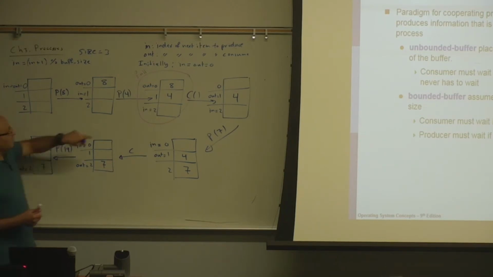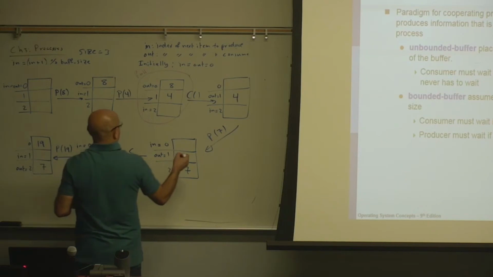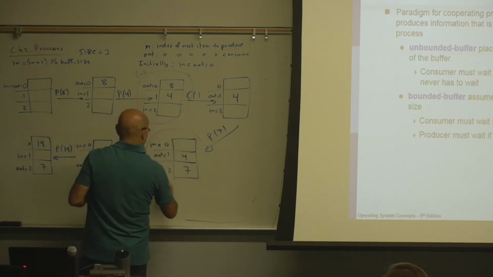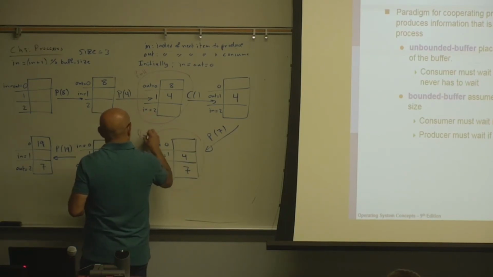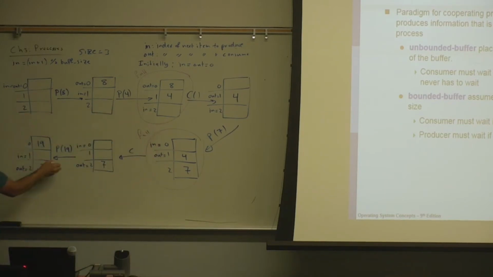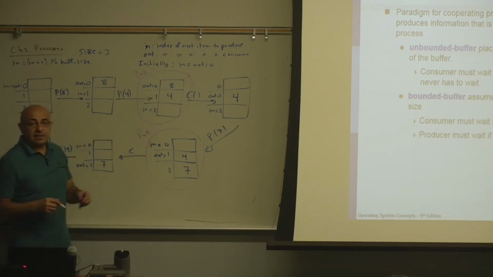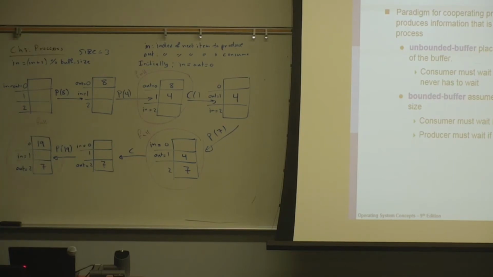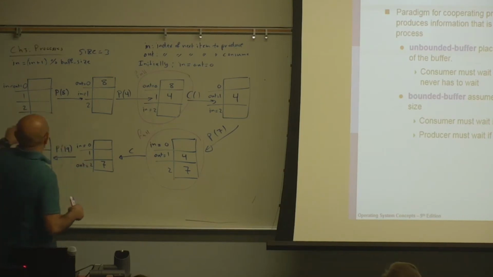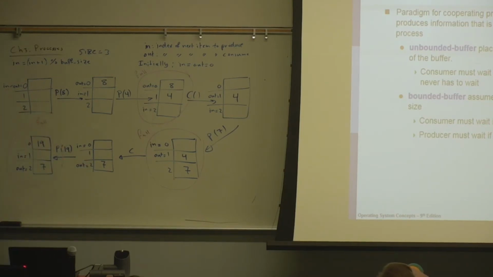Now we know that it's full here, and this is full. And this is full. So in these 3 cases, the buffer is full. Now, in the code that we will be writing to implement this, the consumer will wait when the buffer is empty. So the condition for empty is obvious, in equals out.